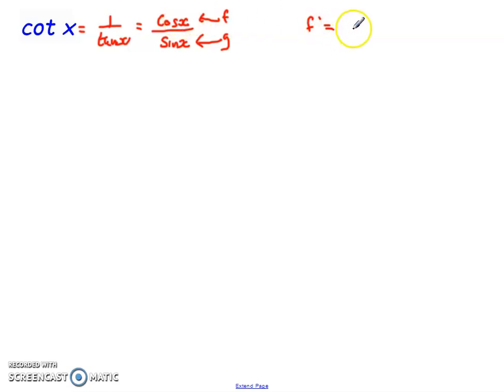Final one is cot x, or cotangent of x. So we know that that's the same as 1 over tan x, which is the equivalent, with tan being sine over cos, of cos x over sine x. So there's no 1 on the top, so it's not going to be quite as straightforward as before, but we can still do it using the quotient rule. So my top line is going to be f, my bottom line is going to be g, and I'm just going to write f dashed and g dashed over here. So if f is cos x, I know that f dashed is minus sine x, and if sine x is my g, I know that my g dashed is cos x. So what I can now do is plug this all together and say, d by dx of cot x,